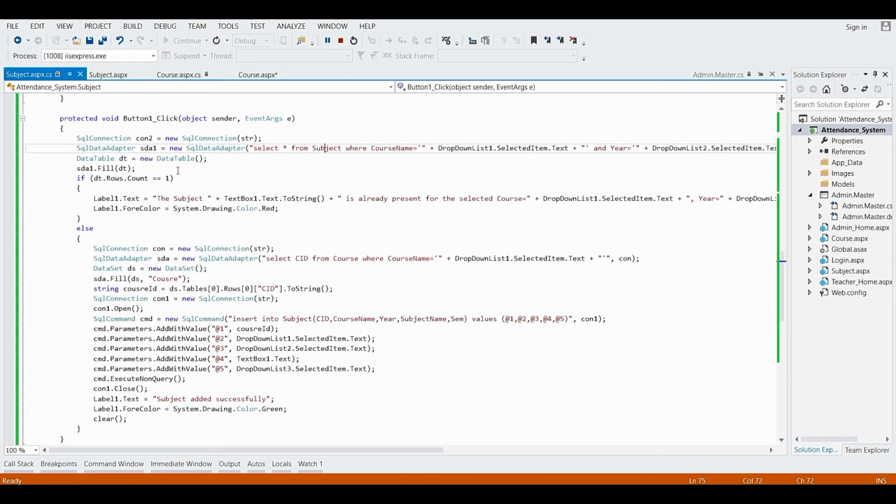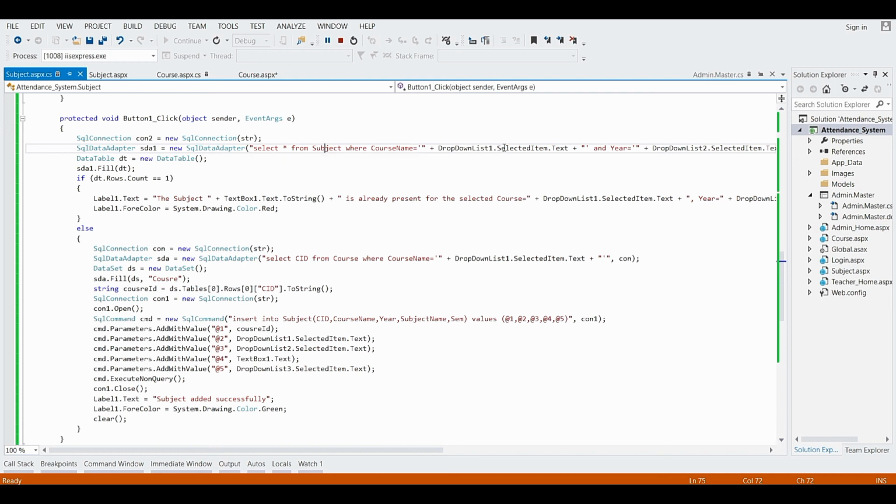Here what it does, when the user clicks on the add button, it will check from the table subject whether the added subject is present in the table or not.